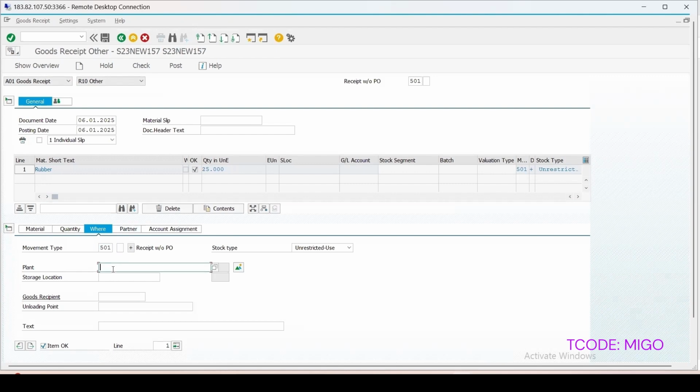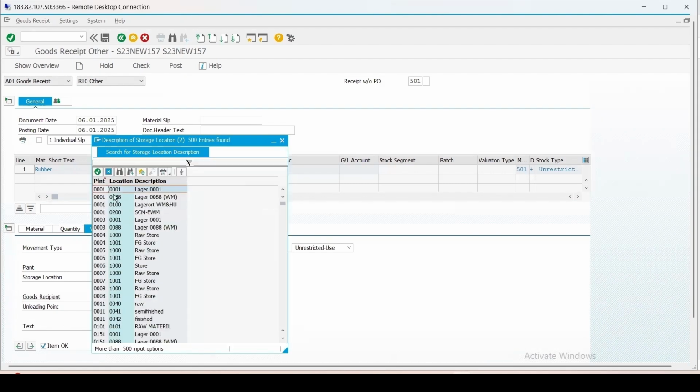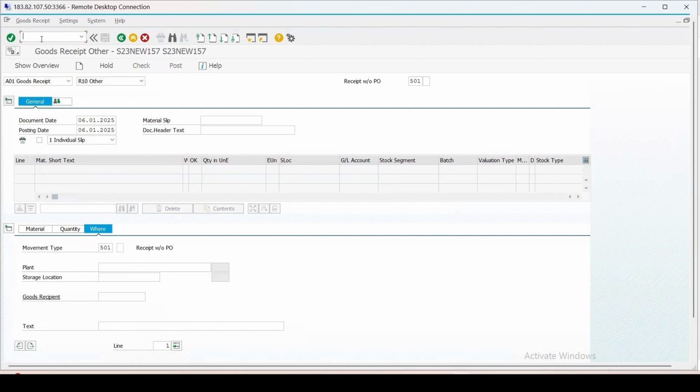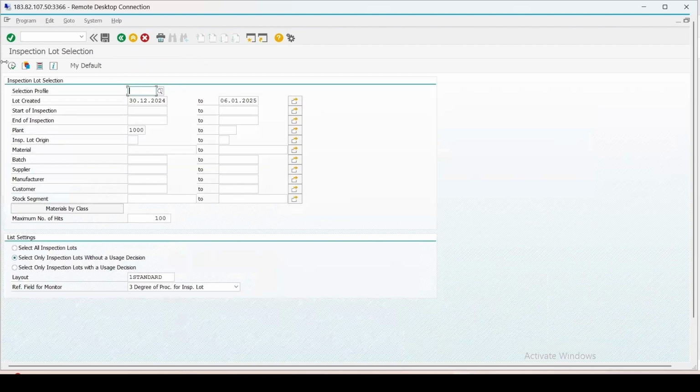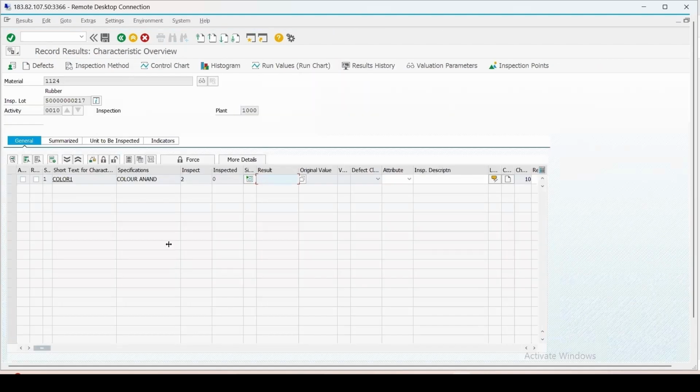For the location, I can enter the plant as 1000, and the storage location I can search, check it once, then post it. So the lot might have been triggered and we can go to QA32 to check the lot, execute it. So here is the lot which is created and it is in the release state. So I can do the result recording for the same.